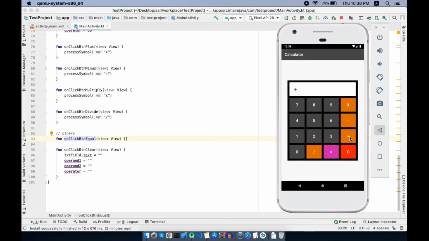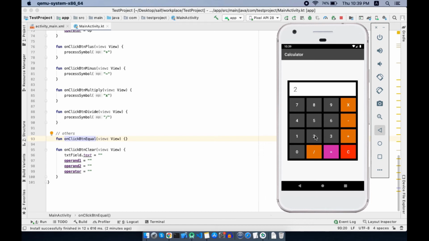If I press some operator, let's say plus, now there's a problem. It should not override 1, it should write 1 plus. Now if I press 2, it's showing just 2. It should show 1 plus 2. Let's fix this first. Let's check if our clear button is working fine. I press this clear button and that's working fine.